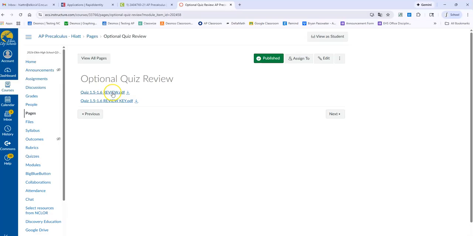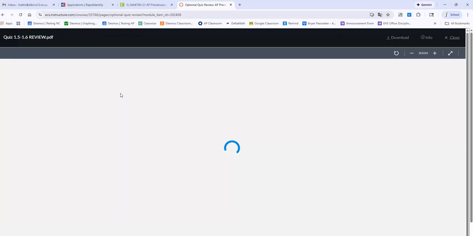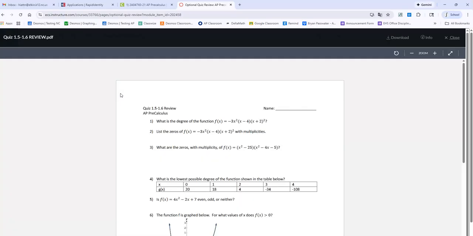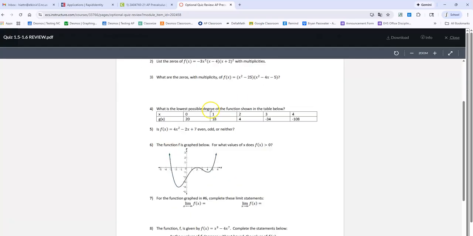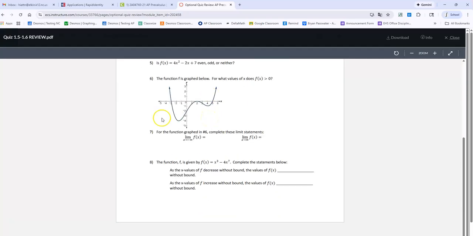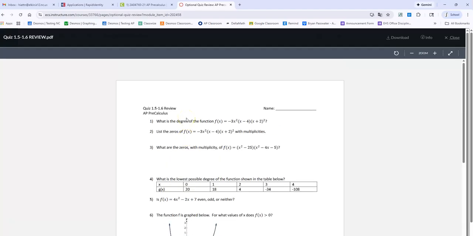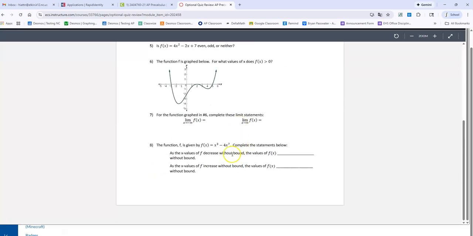What I would suggest, or actually, what I require: in class, you need to be working on math the whole time, unless you've got the worksheet and this done. But this is not required for homework. Just jot your answers down on notebook paper. The quiz, I think, does have 10 questions instead of 8, but this just highlights a few of the things that I think you need to look at for the quiz tomorrow. And then you can check that with the key. So